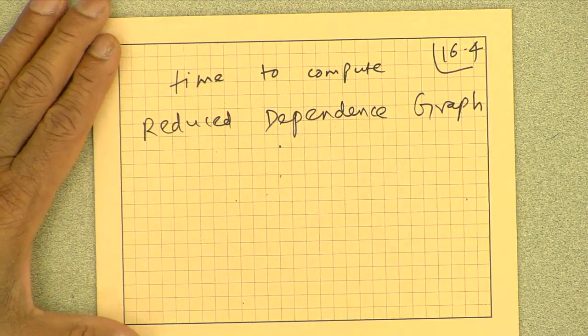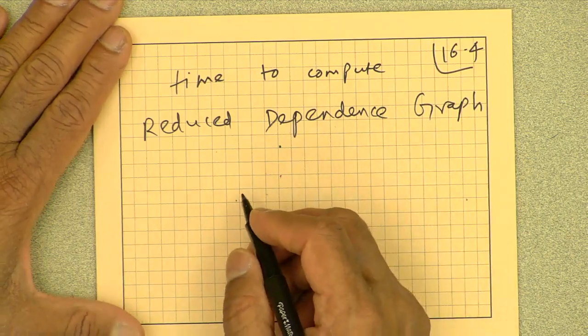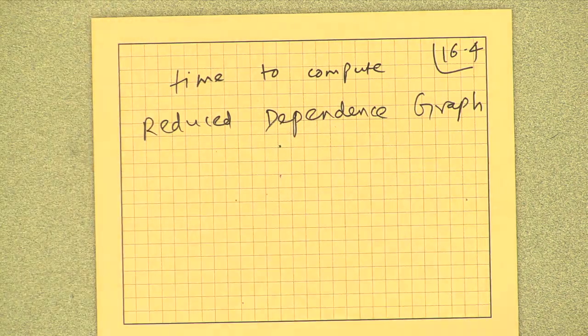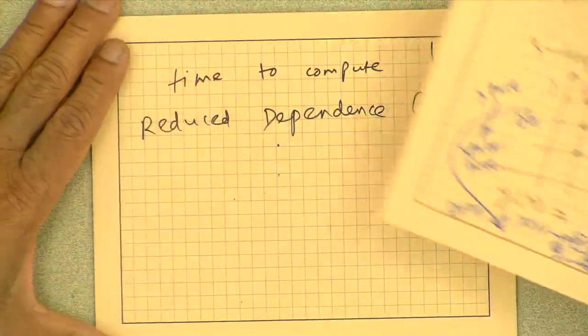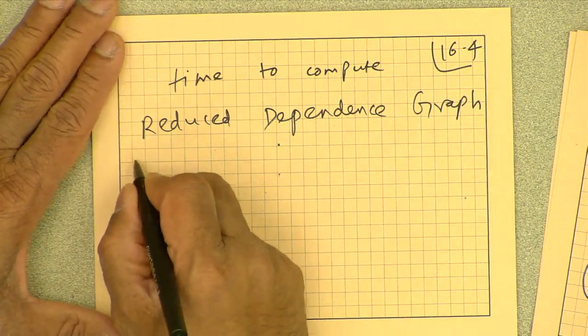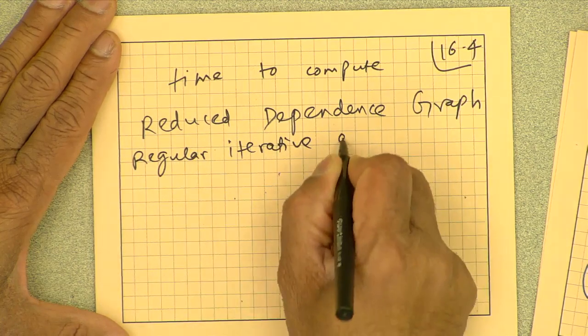So, first of all, any regular dependence graph like the one I showed can be mapped to a reduced dependence graph. That means there is no point drawing the whole so-called space representation, because we can describe that by a reduced dependence graph with simply one node. So, that is the regular dependence graph. If I just take one node and write down the equations, the so-called regular iterative algorithm, or IA,